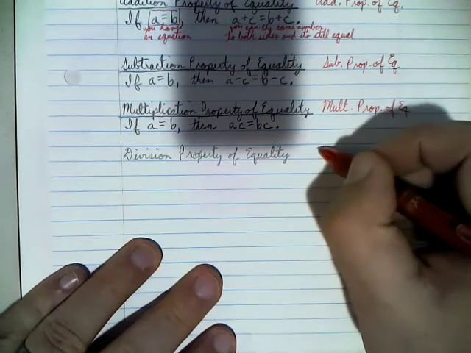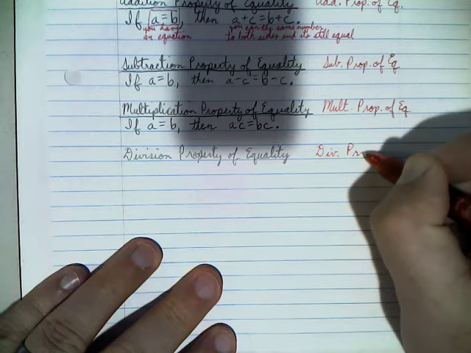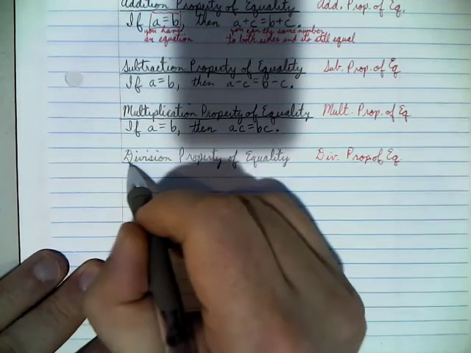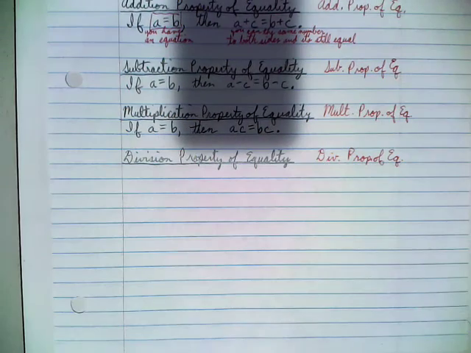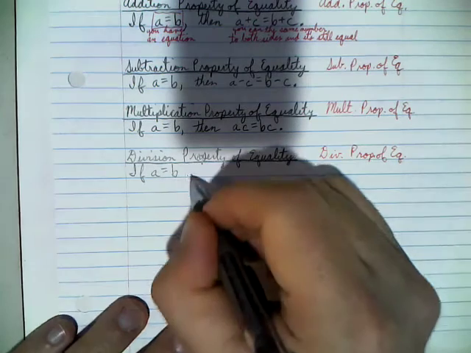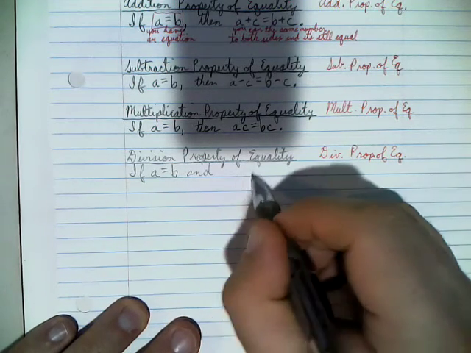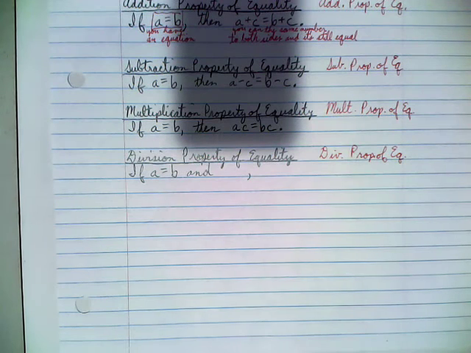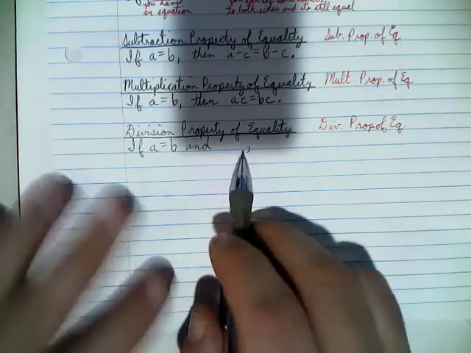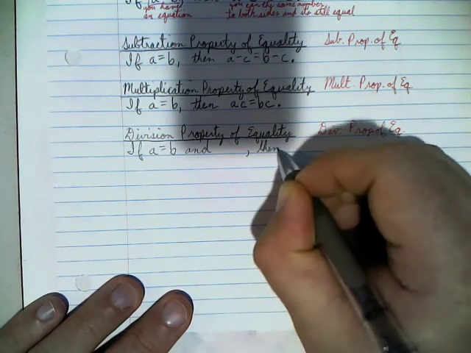So the division property of equality is abbreviated div prop of ec. And this one's a little different. For the division property of equality, it does start with if A equals B. So if you have an equation, and then I'm going to leave a space there. We're going to fill that in a second. So there's one more thing that we need in order to use this. In the others, we just needed to have an equation. This one, you need to have an equation and one thing more. But I'm going to skip that for just now, and I'm going to say then